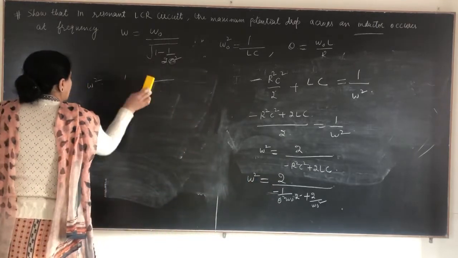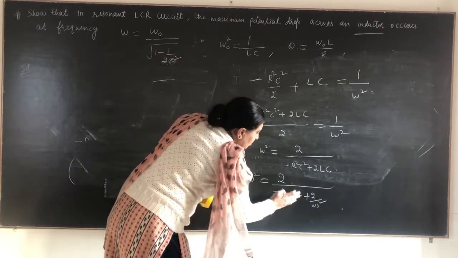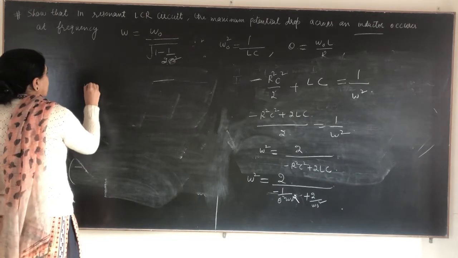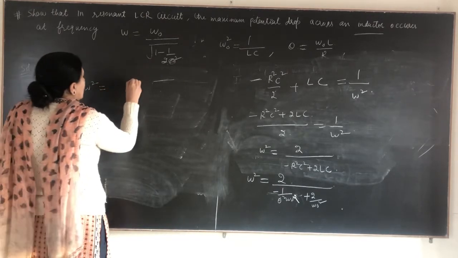So our term is omega naught square over 2 over...